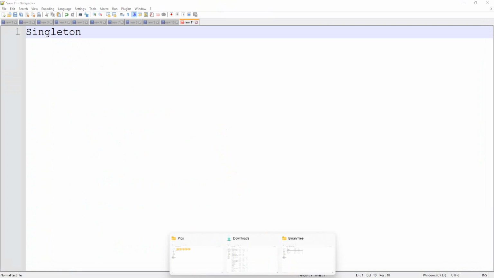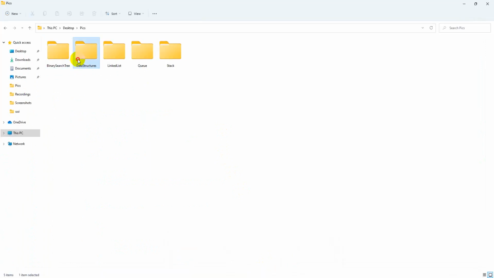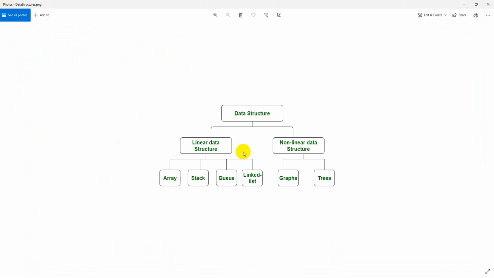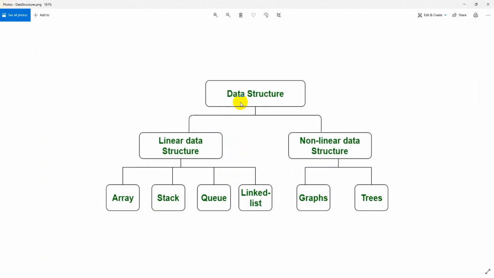Guys, coming to data structures, I just want to tell you that some of them were already explained at the time of the collections topic. Once again let us go into detail. Data structures are of two types. Data structures are nothing but storage types, how we are going to manage the storage of a particular program. Data structures are basically of two types, linear and non-linear. Coming to linear types, in linear we have array, stack, queue and linked list. If you recollect, at the time of collections all these programs were covered.